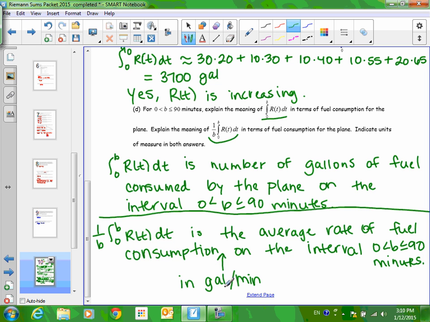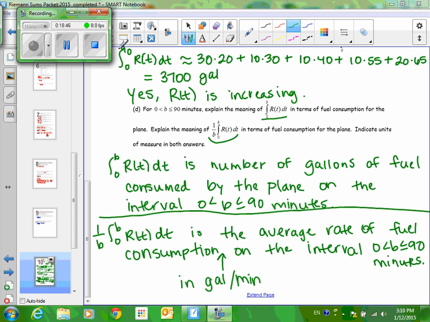But here's another way I'm going to tell you guys. Look up at R of T. Remember, that's what we're averaging. What were the units on R of T? Gallons per minute. So this was the last 2 points here. I think there were 3 points up here. One for the work, one for the answer with the units, and one for the reason. I can't remember exactly. Okay? So